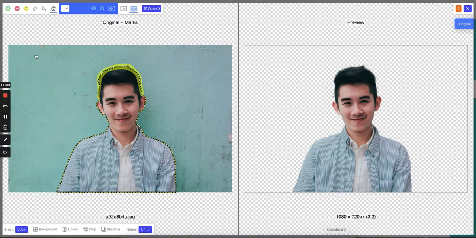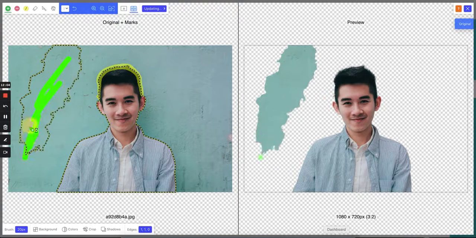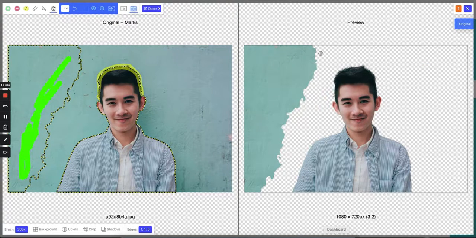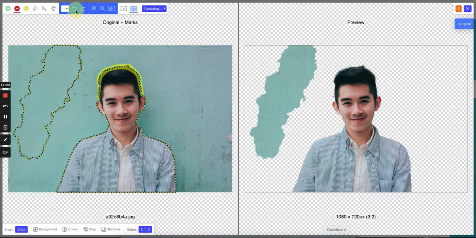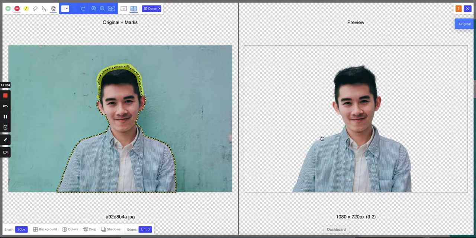If you want to add something, you just have to click on this green button, cover that area, and it will be added on the final preview image. This is the image you will be getting when you export it. Okay. And if you want to remove something, you have to choose this red color button and remove it. Now let me undo both the things. We have a perfect picture without background.